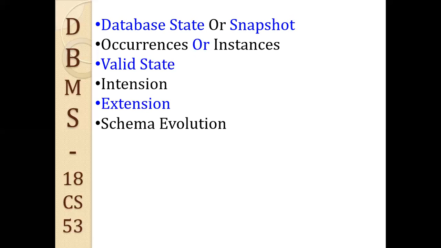At the beginning we said that once a database schema has been described, it is not expected to change frequently, but sometimes, if the schema is not supporting the requirements of the users, occasionally it may be required to change the schema